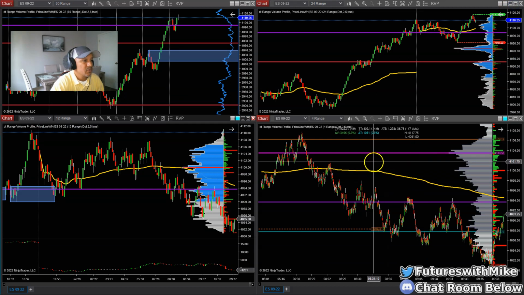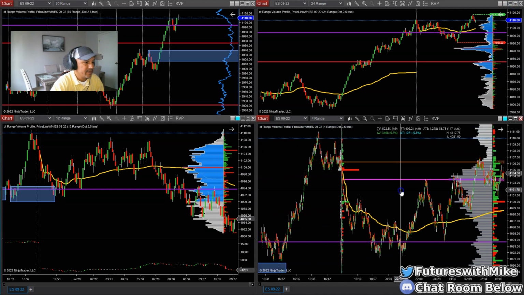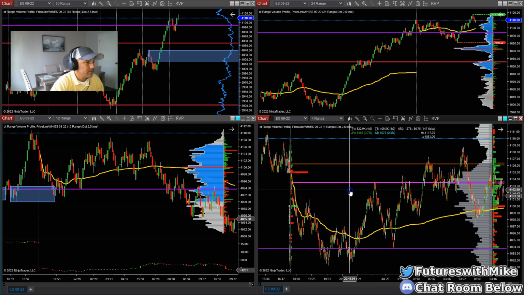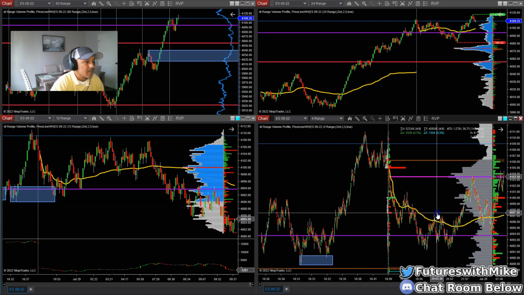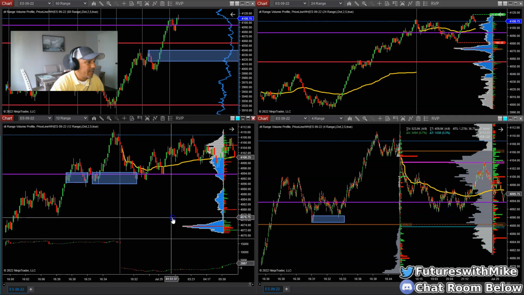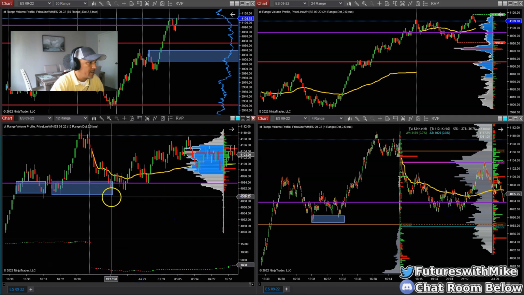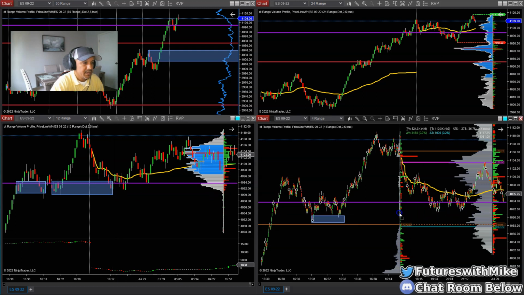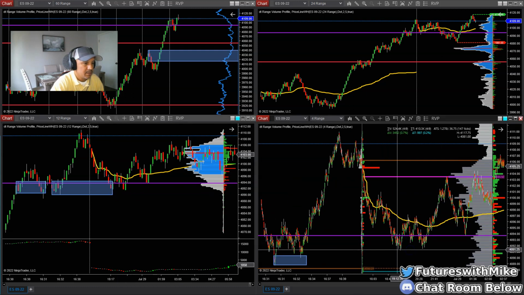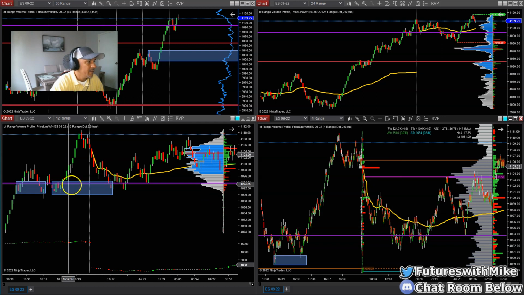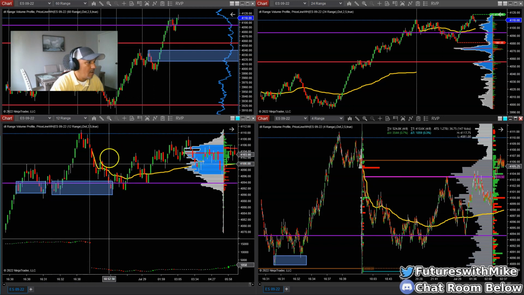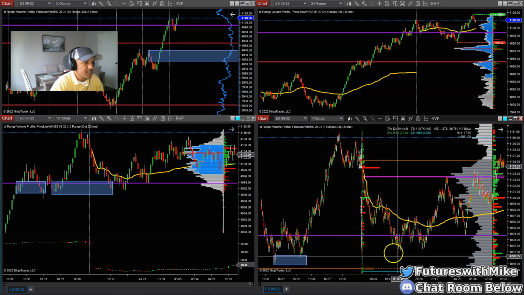All right, so I switched over to my 4 range chart. Let's see if we can find that area. That was the 28th yesterday, right? Okay, sorry, right here. All right, so that area we're looking at was right here around 7, almost 8 o'clock, which is, let's see, right here in this zone, okay? All right, the same demand zone right here off the 12 range is where price pulled back here on the